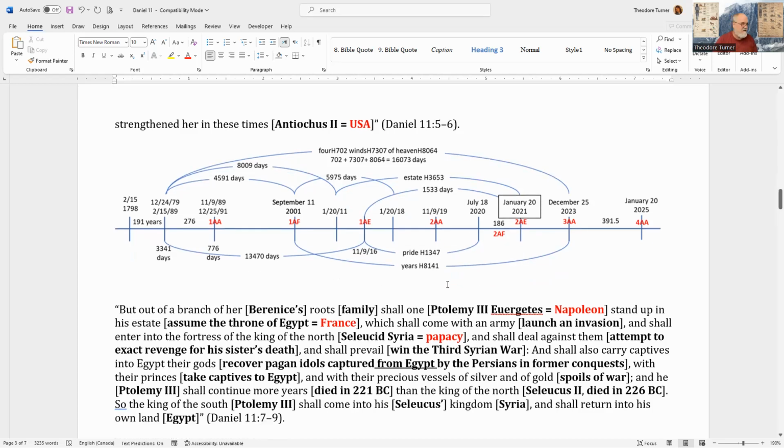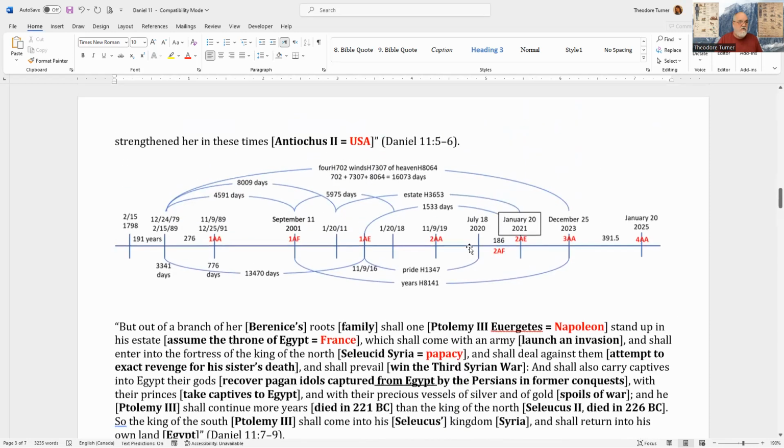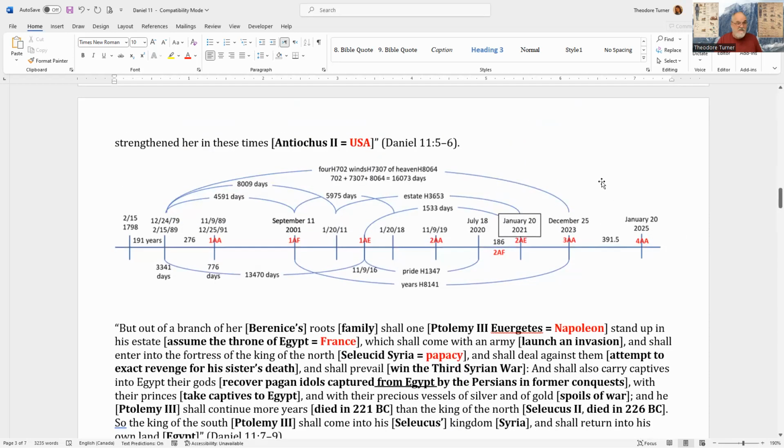So do we take these other verses, which are going to deal with things that obviously address the Sunday law? Do we apply them just to our history? So this is what we were struggling with before. Do we just apply them to our history as a repeat and enlarge, or do we see this as a continuation? So in this line here, we have this January 20th, 2025 is the fourth angel arriving.